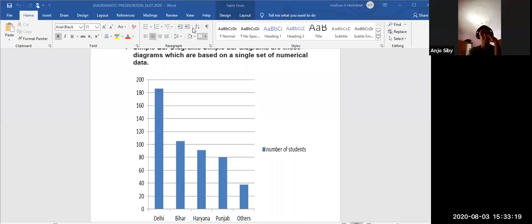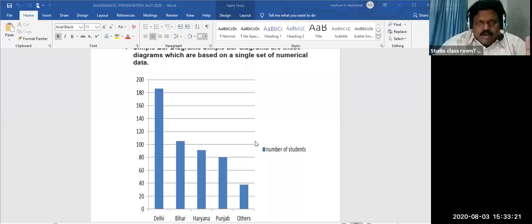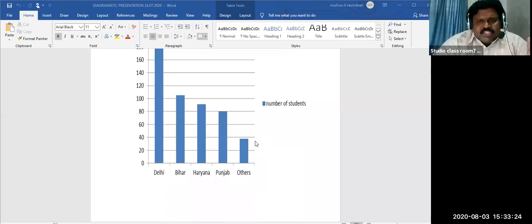Yes, sir. Yeah, simple bar diagram. There is no doubt with the simple bar diagram. Next one, basically, we are moving to the